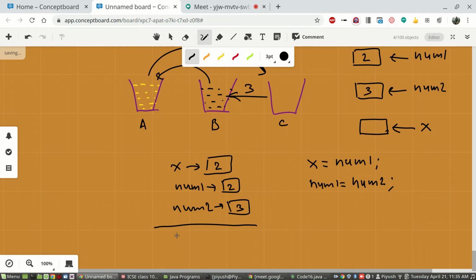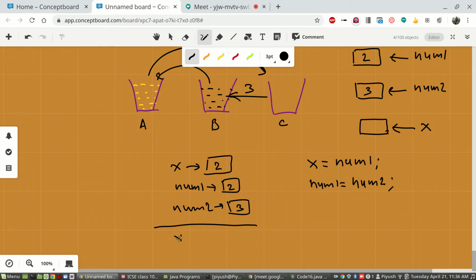So what will happen? When you are writing num2, what is num2? Num2 is having 3. So you are saying, put the content of num2 in num1. So from the variable num2, value will be copied into num1. Num1 is already having 2, but it will be overwritten by the latest value.